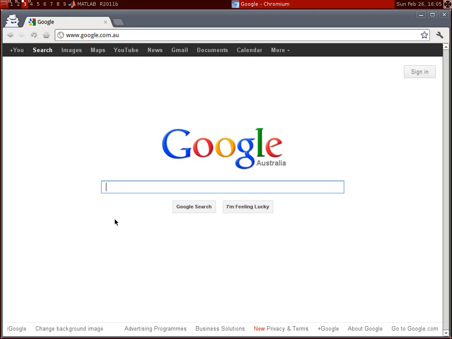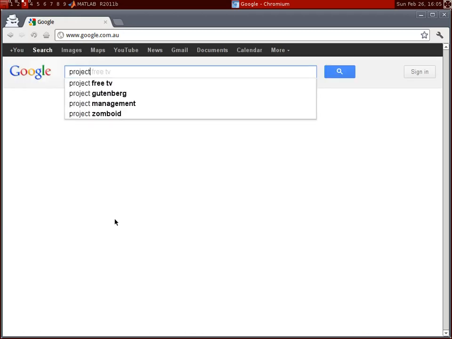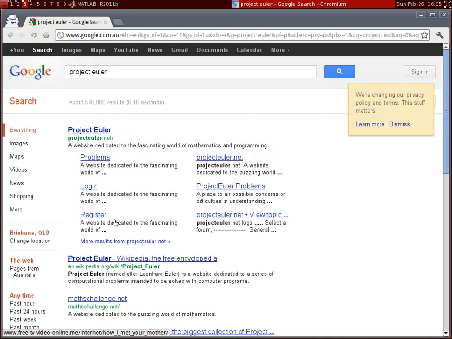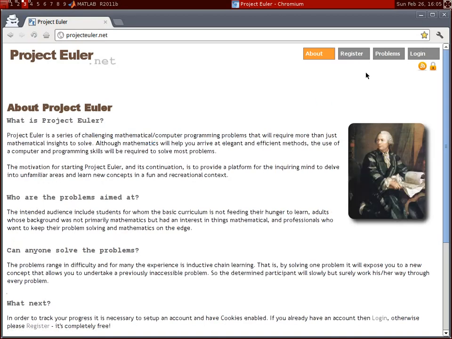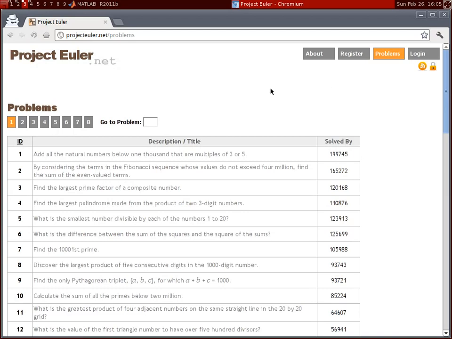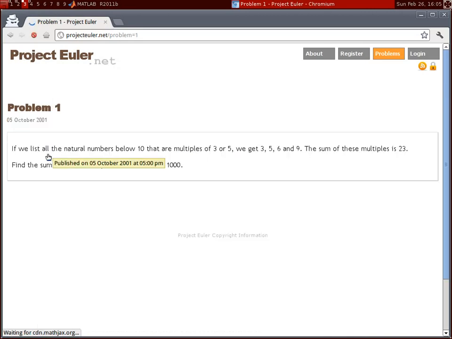So what is Project Euler? It's a website. Project Euler is spelled like this. Here's the website. Up the top here we have problems. Feel free to make an account if you feel like it. It's probably a good idea to do that if you want to see what the correct answer is. You can't actually see the correct answer right now. If you log in with an account you've created, you can check if your answer is right, and the